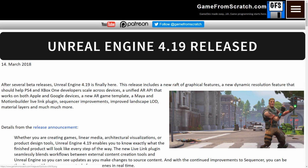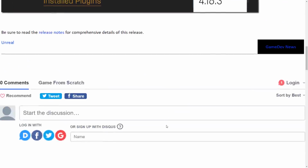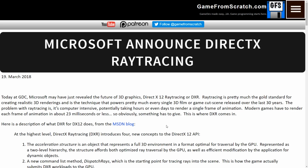There were a lot of releases of Unreal Engine. There's, I think, 3 major releases throughout the year. We got all kinds of new functionality in each release. The big things that we saw in this one were dynamic resolution across different platforms and workflow improvements, and I don't really remember too much more about this release, but next up, let's jump on to Microsoft announced DirectX ray tracing,